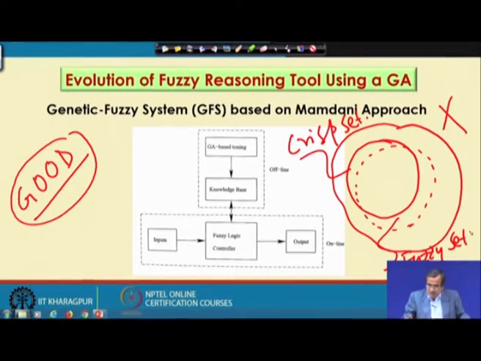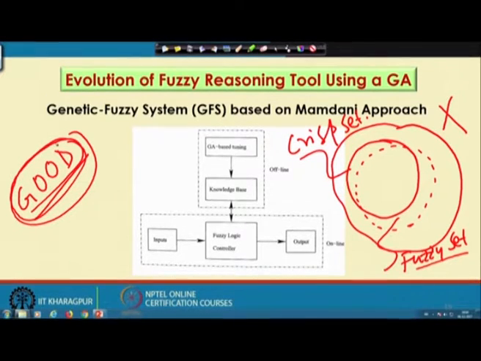Now, let us see how this fuzzy set can help us. Let me take one very simple example. Before that, let me tell you once again: the moment you add the word good, I am injecting some fuzziness and the problem becomes much more difficult, because how to define a good department will vary from person to person. I hope you understood the difference between the classical set and the fuzzy set.